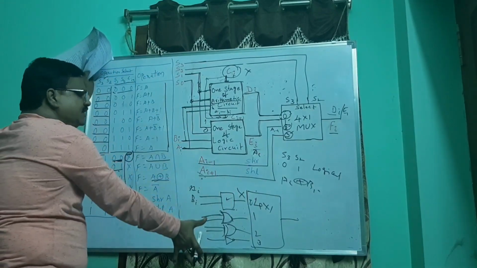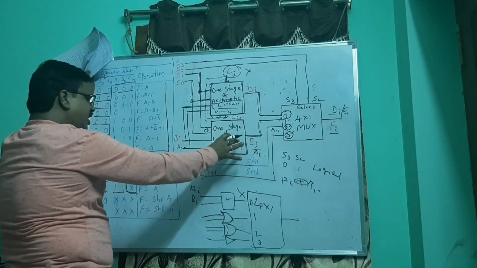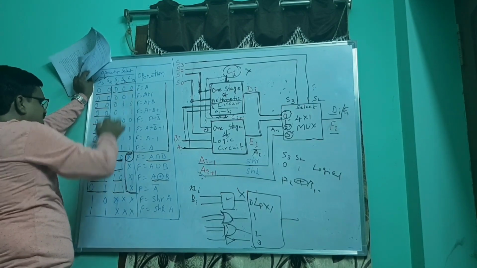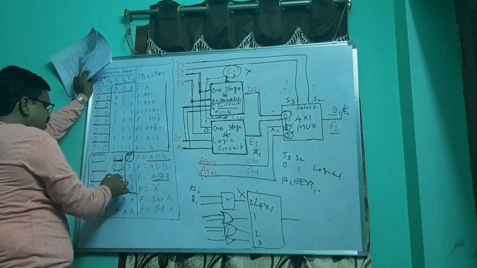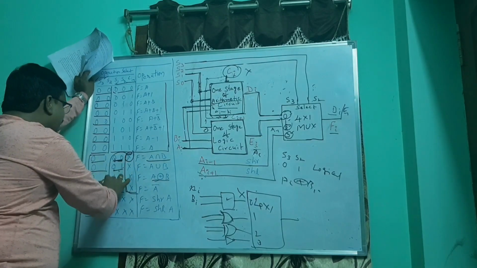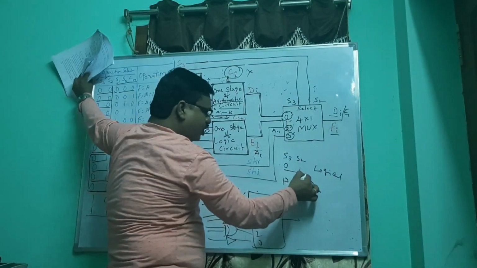So basically, 4 logical operations we have discussed in the hardware diagram. Any of those 4 operations will be executed based on S1 and S0, that is 0 0, 0 1, 1 0 and 1 1. Remember, when we are performing the logical operations, the S3 and S2 values are 0 1. That you have to remember.